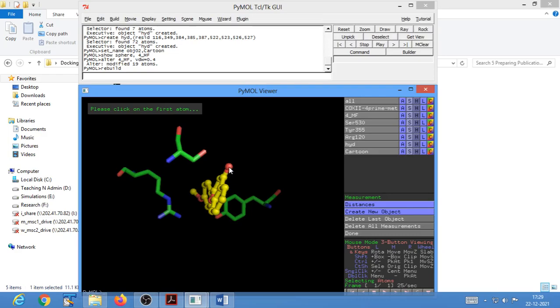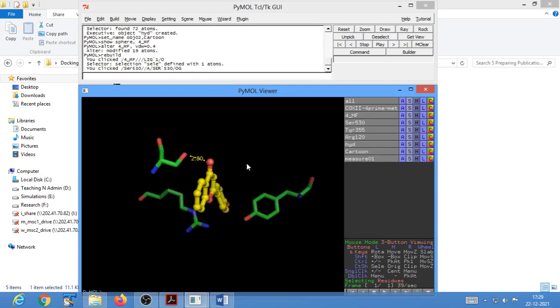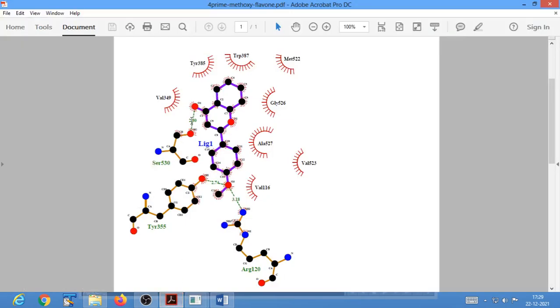We want to measure the distance between this oxygen from our ligand and this oxygen from our protein molecule. Once you are done, you can click on done. So this is basically your hydrogen bond, which is 2.80 Angstrom in length. You can see we are talking about the same hydrogen bond,